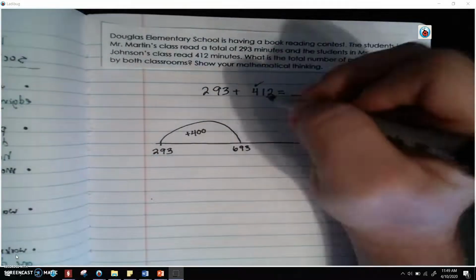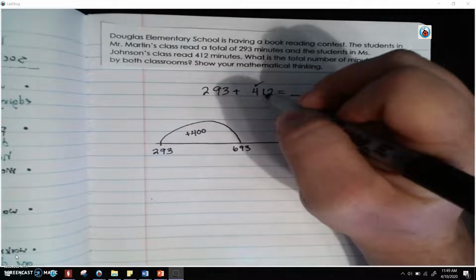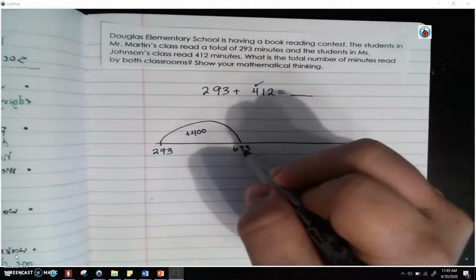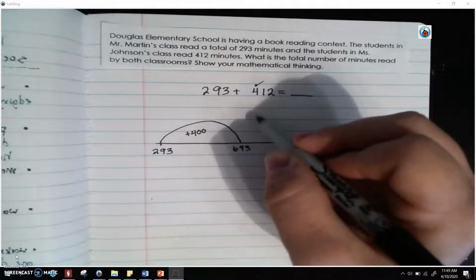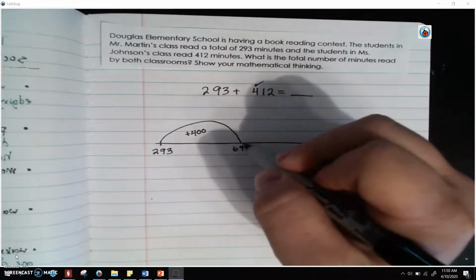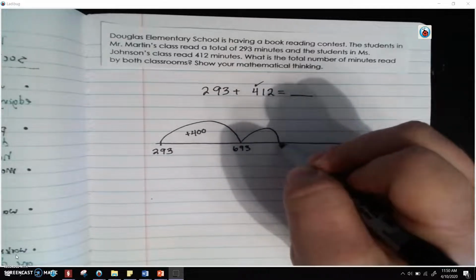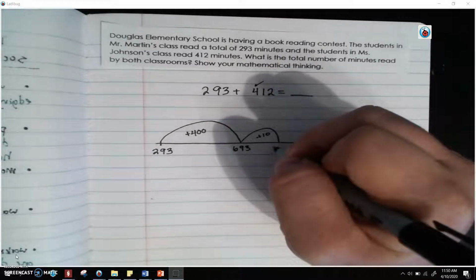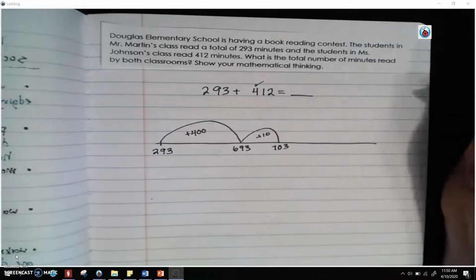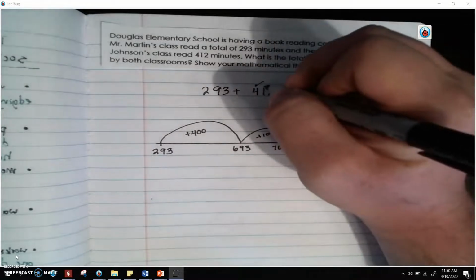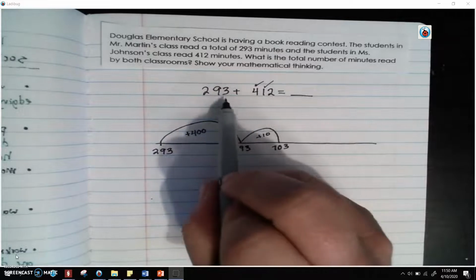So now I have tens. I only have one 10. So now I'm looking at this 9. I know that if I have 90 and I add another 10 to it, that's going to give me 100. So I'm going to go from 600s to now I'm in the 700s. So I'm going to do a little jump plus 10, and I'm going to add 10 to it, and that would actually be 703, because 93 plus 10 would be 103, but now I'm in the 600s to 700s now. I'm going to put a check mark there,